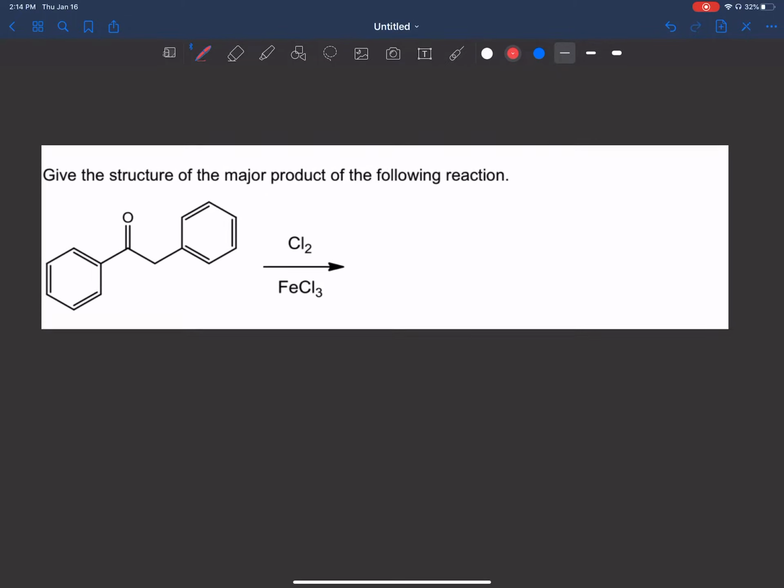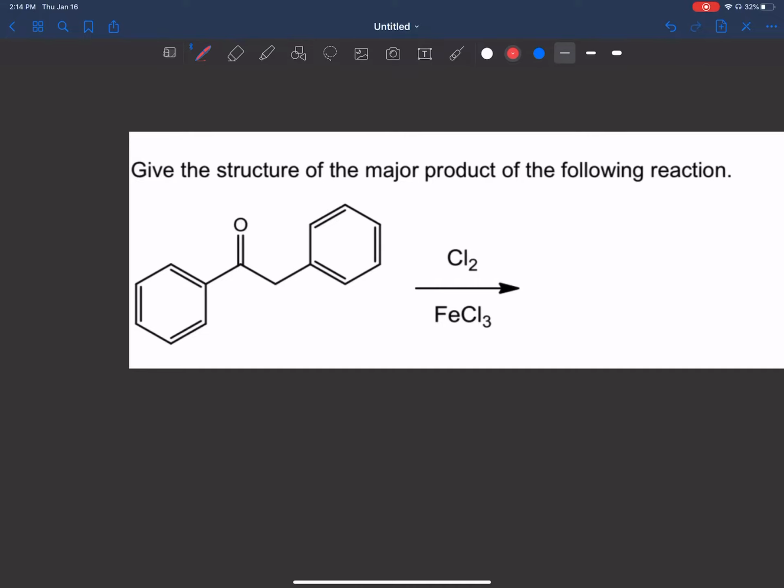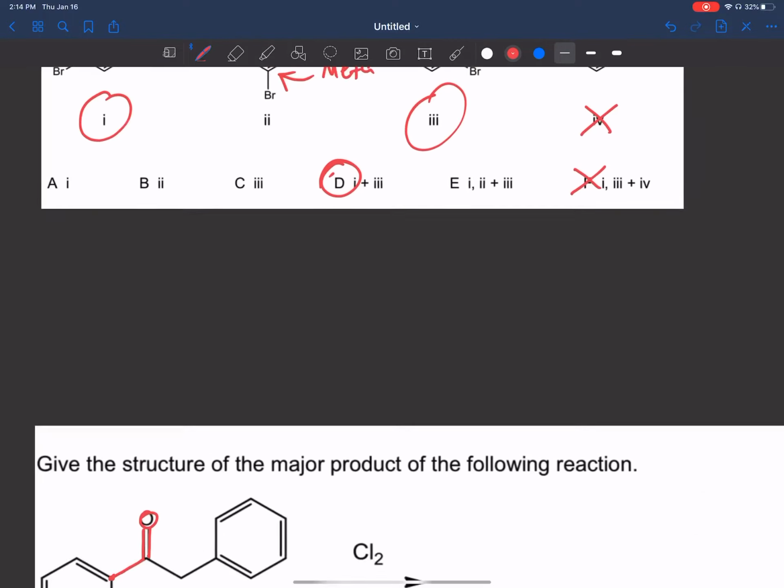Choose the structure of the major product of the following reaction, okay? So don't get scared by this. It's a little bit complicated. So we have these 2 benzene rings, right? So look at this benzene on the left. This one is connected to this ketone, all right? If we look over here,